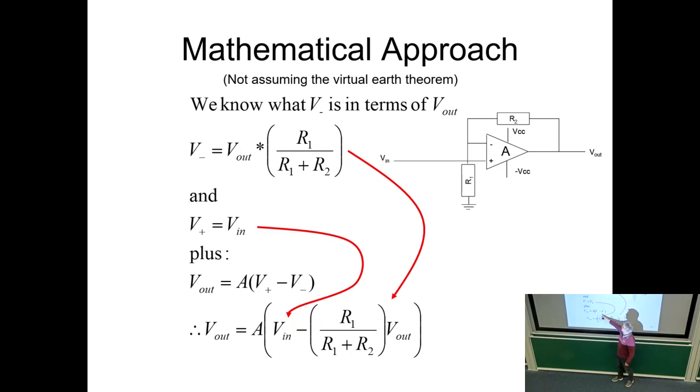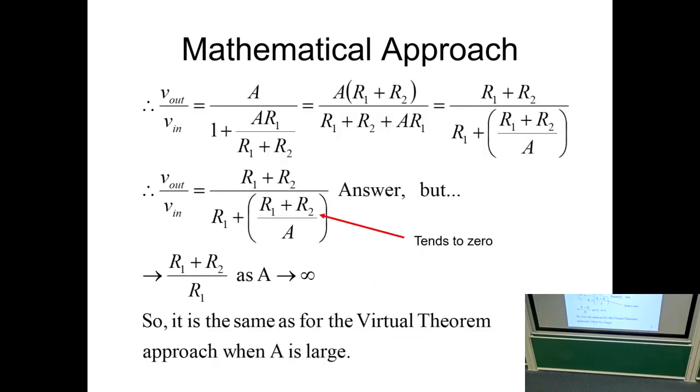If we use this, we can now substitute V plus for this, and V minus for that, and then we have to work it all through to see what we've got in terms of V out over V in, because then we've got V out, V in, and V out, and we have to just manipulate it a bit. So what I've done there is I've taken the equivalent of V plus, which is V in there, and I've taken the equivalent of V minus, which is R1 over R1 plus R2, V out, stuck them in the equation, expanded it, and then if you expand that out with a little bit of effort,